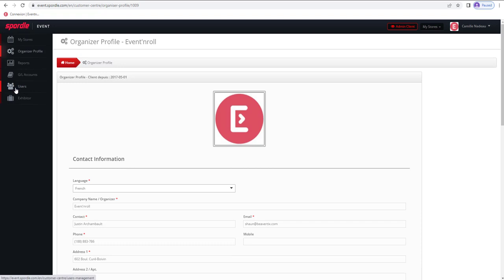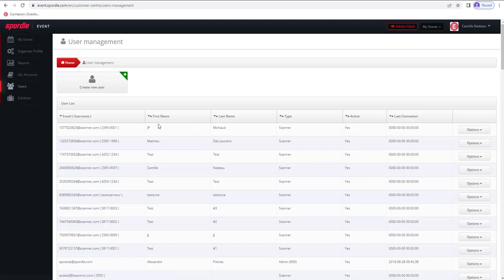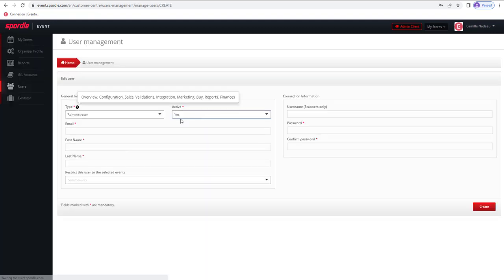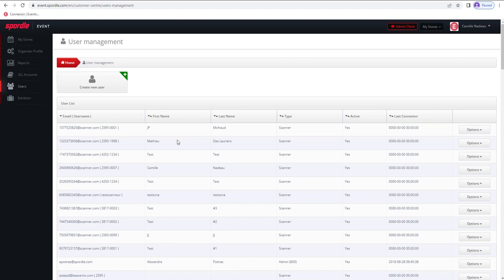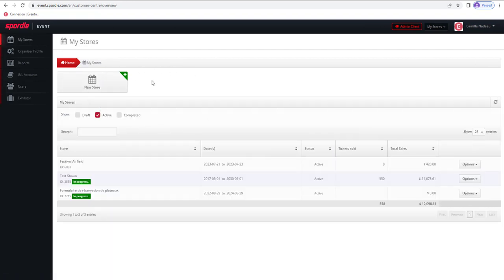Also, you can go to the user tab, and if ever you want to create new users, you're going to be able to do so by clicking the button here and simply enter email, first name, last name of the new user, and obviously a password, and then click create. So I'm going to go back to my stores, and we're going to take, for example, a hockey event that